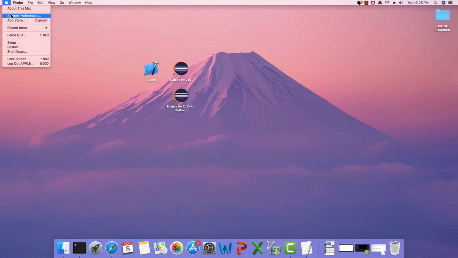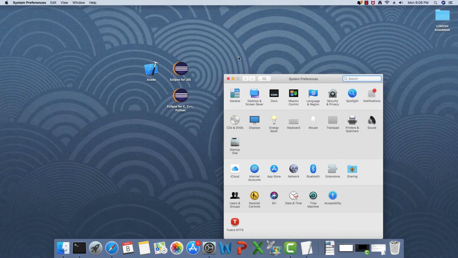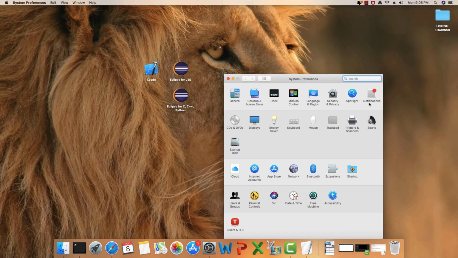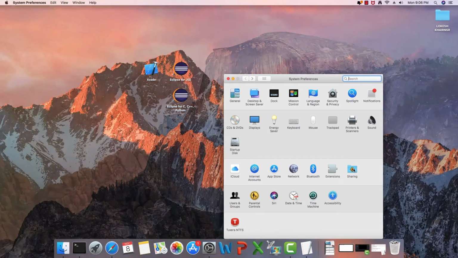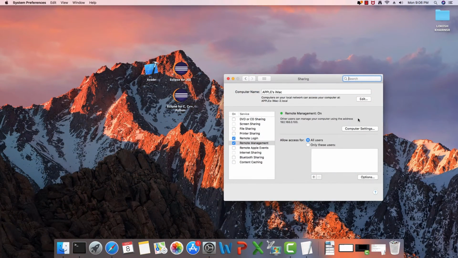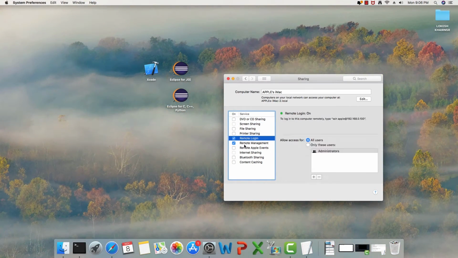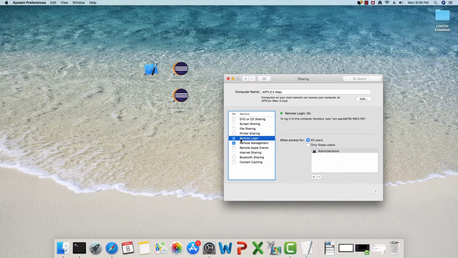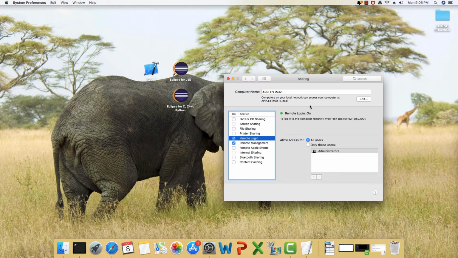Now we are going to go to the system preferences and we are going to see some more important preferences. So here you can change almost every setting that is there in your Mac, but we are more interested in sharing. Okay, so if I click the sharing option, it is showing me the option to share the hardware or the desktop of this Mac. Out of these, two options are very useful. The first one is remote login and I have already turned this remote login on.